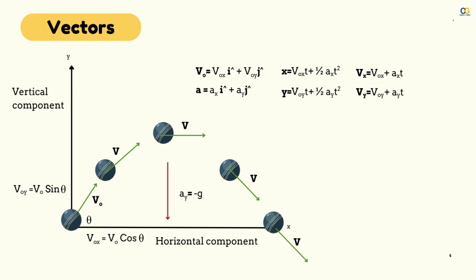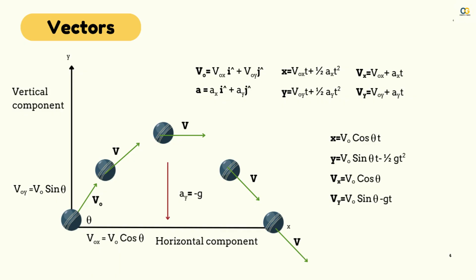Now we know here that ax is 0 because there is nothing in the horizontal axis which is causing acceleration. And if we substitute v0y and v0x as v0 sin theta and v0 cos theta, we get the final position, or the distance travelled in the x-axis, as v0 cos theta into t, and the final distance travelled in the upward direction as v0 sin theta t minus half g t square. And the final velocity in the x direction will be v0 cos theta,